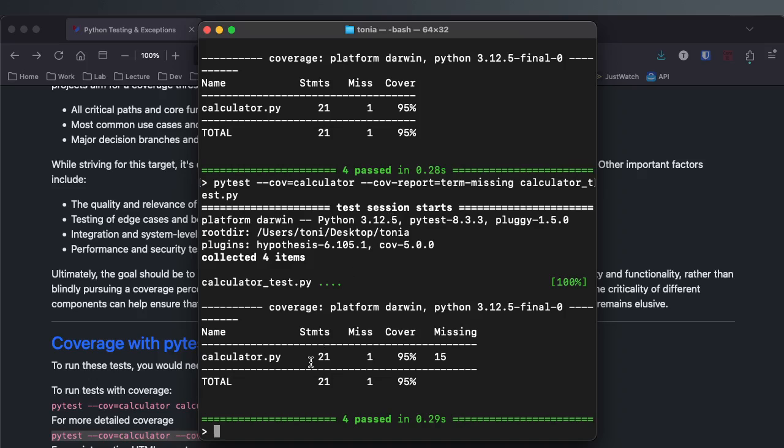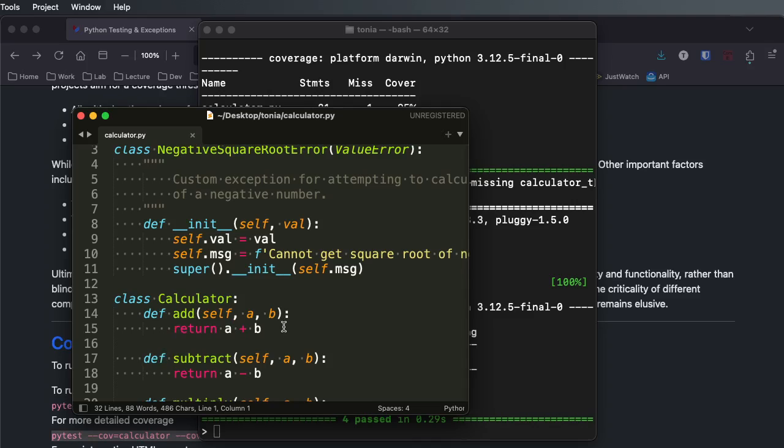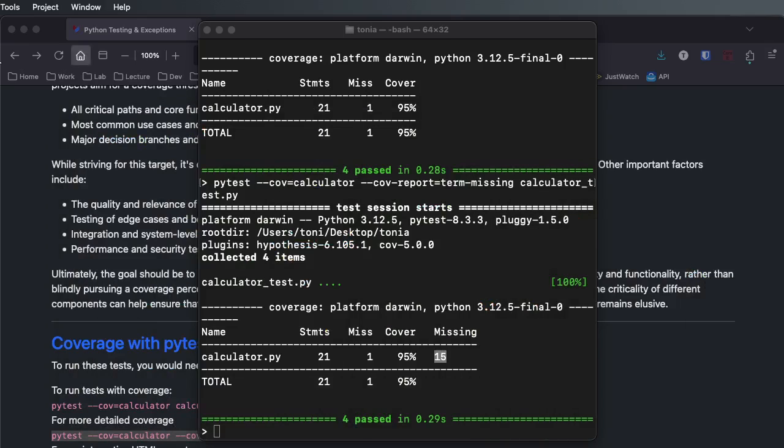The statements, there's 21 statements. I missed one of them. And then the statement that was missing, 15. So that line on calculator.py. So I did not test for this. So I did not test the add function. I put that back in